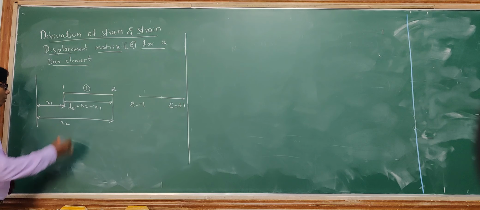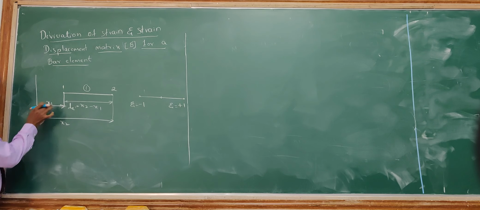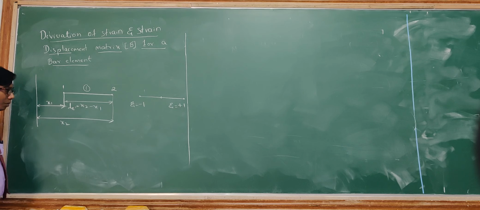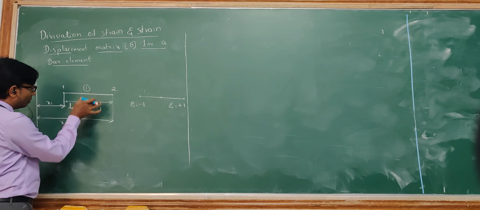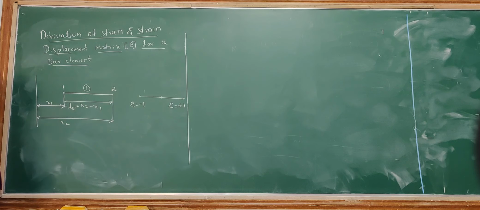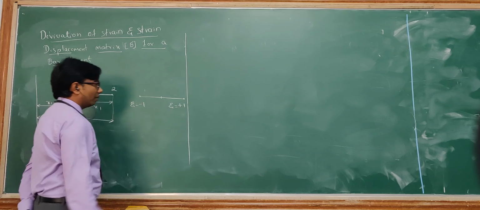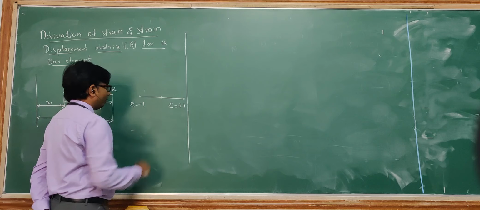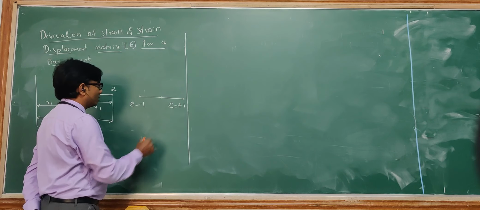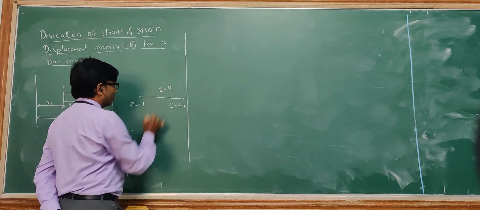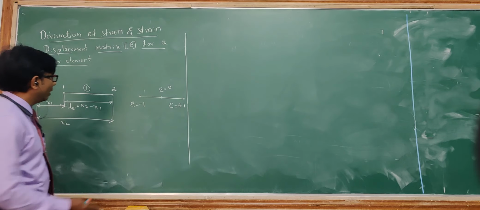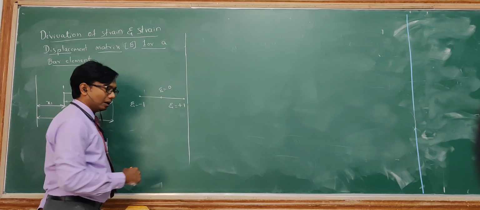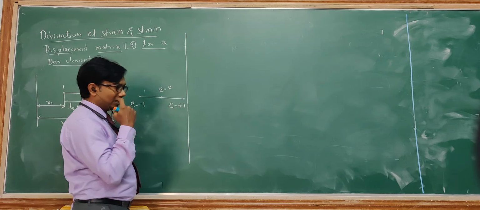With respect to the global coordinate system, the first node is being represented with the x1 position. The second node is being represented with the x2 position. Okay, so the length of this will be x2 minus x1. In this particular case, the same element I have considered, and here I have taken zeta equal to minus 1 on the extreme left side. So this will be the origin here. So zeta is equal to 0 at the center of that particular element, and extreme left we will be taking as zeta minus 1 and extreme right we will be taking as zeta plus 1.